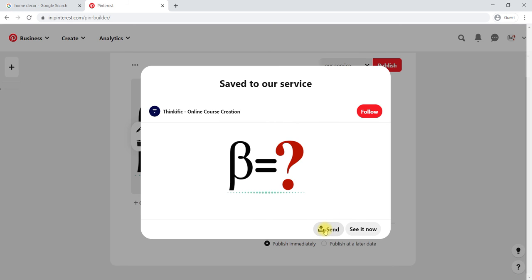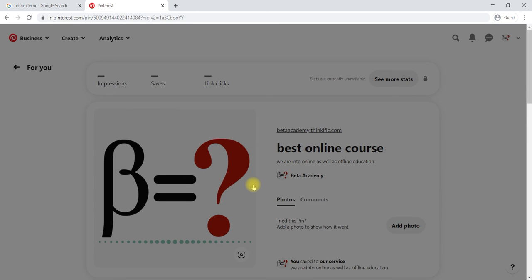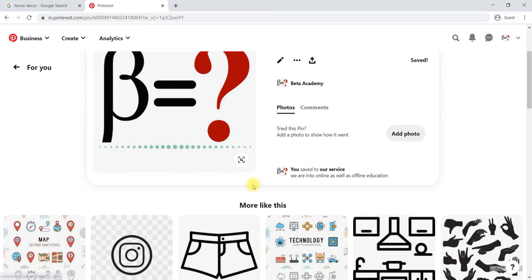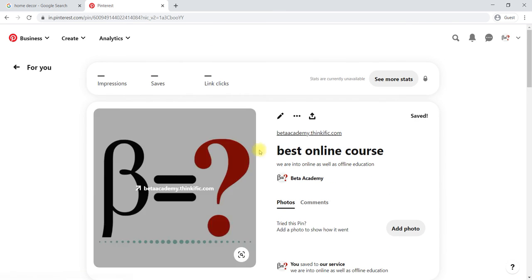You can send it to others also. You can start following also. See now how it will look. Here it will look like this. So this is the way we can publish.